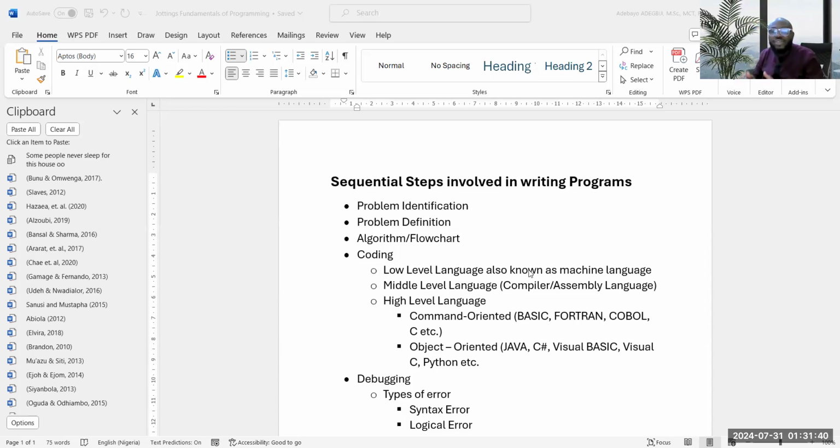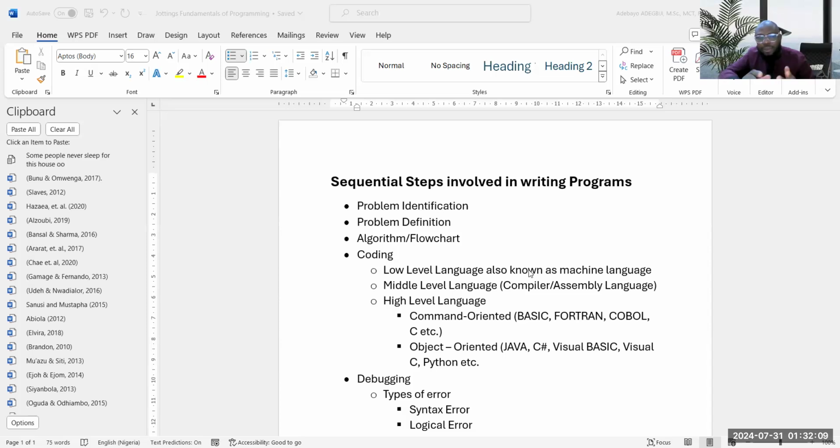Then it also has its own rules, depending on the programming environment where you're working. There are some words that you cannot use as a variable name or constant name, because they have special usage in that particular programming environment. We'll get to know all this as we progress in our classes on programming.